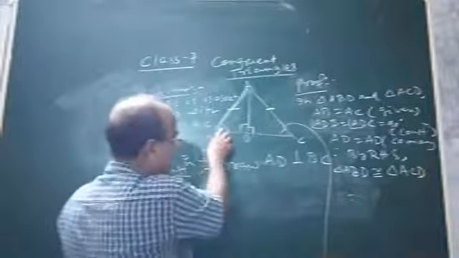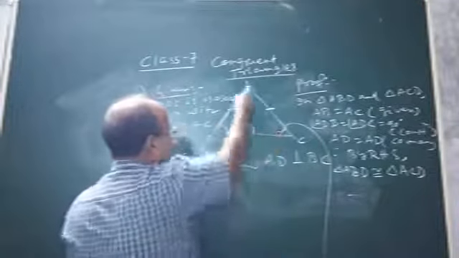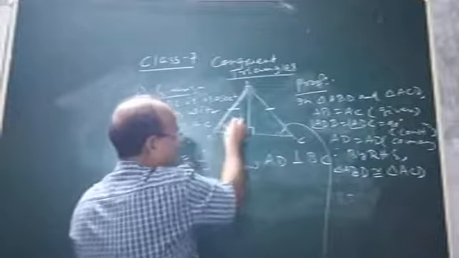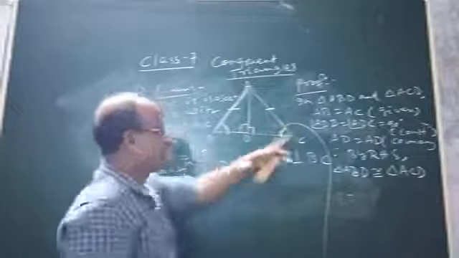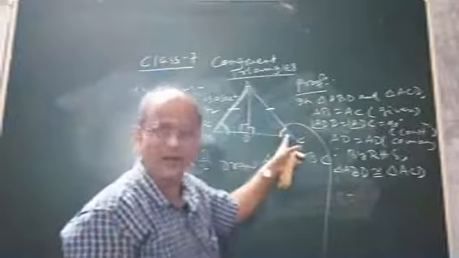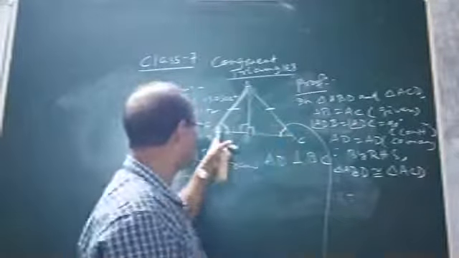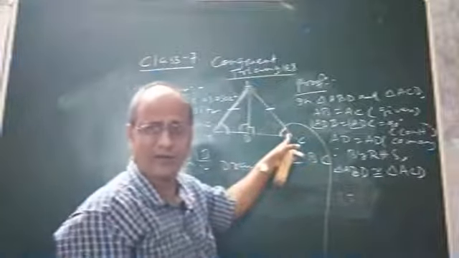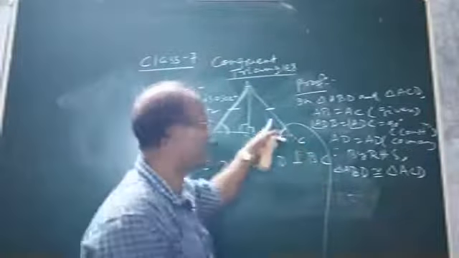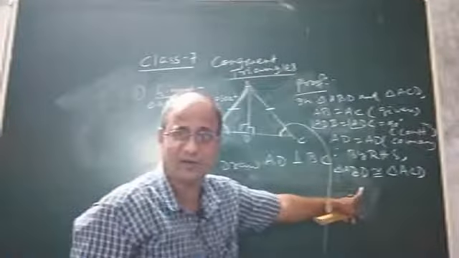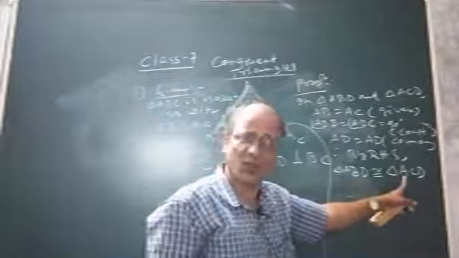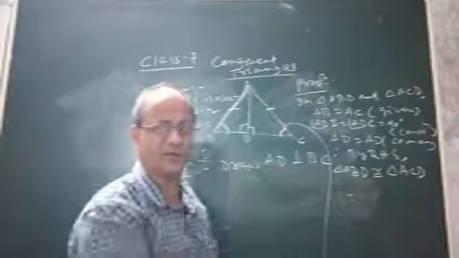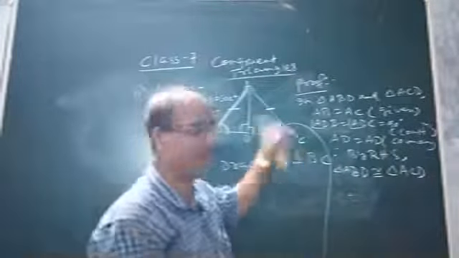Look at angle B and angle C. Look at angle B, means angle ABD, in this triangle and angle ACD in this triangle. They form a pair of corresponding angles and it is left. So angle ABD and angle ACD form a pair of corresponding angles. They will be equal by CPCT because this triangle and this triangle we have already proved congruent. Here we have proved triangle ABD and triangle ACD congruent by RHS condition, so angle ABD and angle ACD must be equal because they form a pair of corresponding angles in both the triangles.